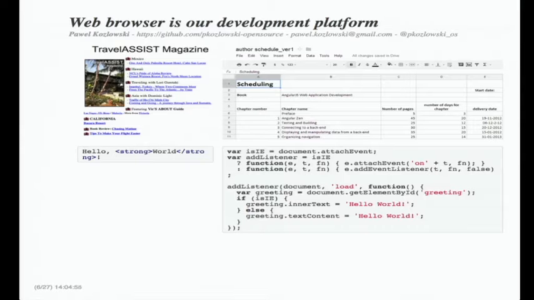Because the whole web started as a collection of static HTML pages just interconnected with hyperlinks. And if we look at the applications that we are writing and deploying in a browser today, there's just a huge gap between the two. On the left-hand side, you can see a screenshot from Traveler magazine from 1996. And this is how the web looked, right? Static pages, hyperlinks, not very sexy.